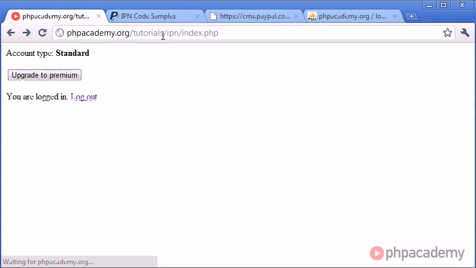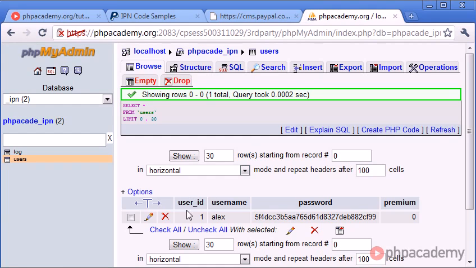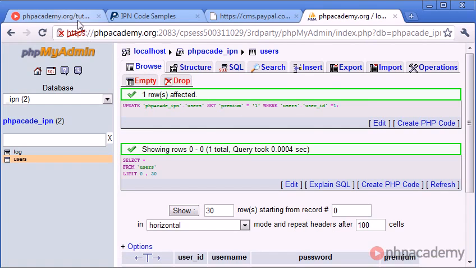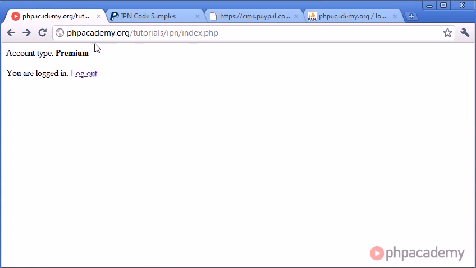Okay, so at the moment we've got account type standard, so we're already seeing how this is working, and it's got an upgrade to premium button. Now once we do pay, which we're going to do in a moment, when we have changed this value to 1, let's go and change that value manually, then we're going to get account type premium